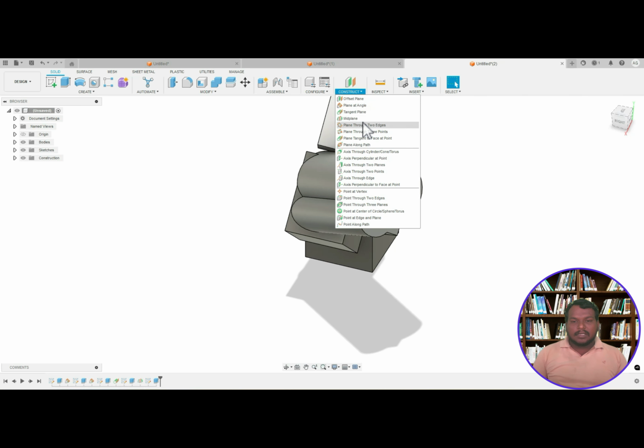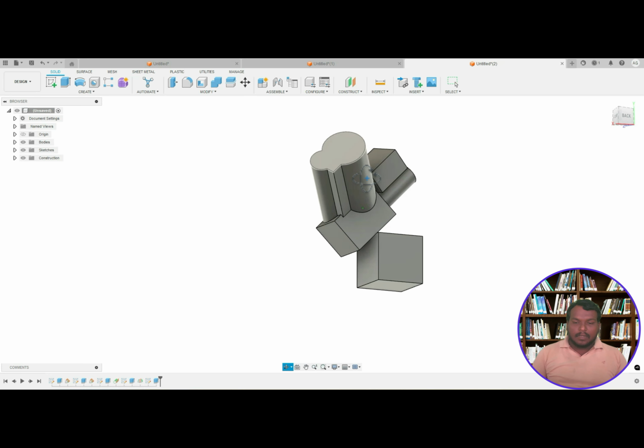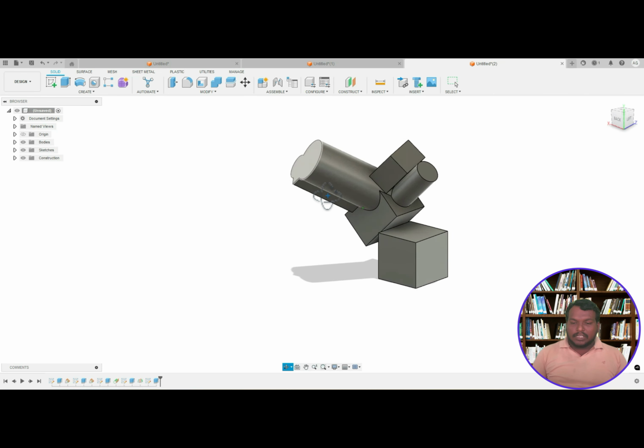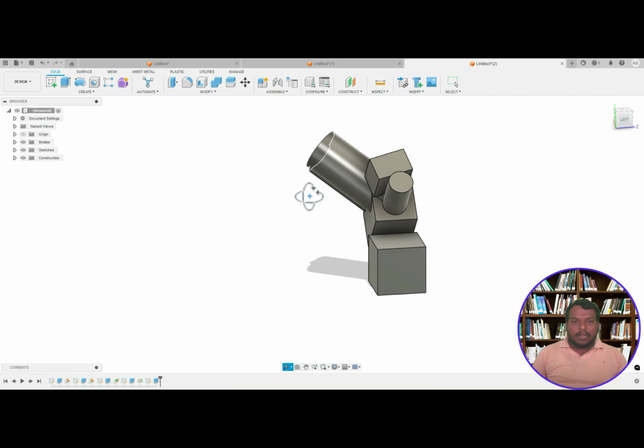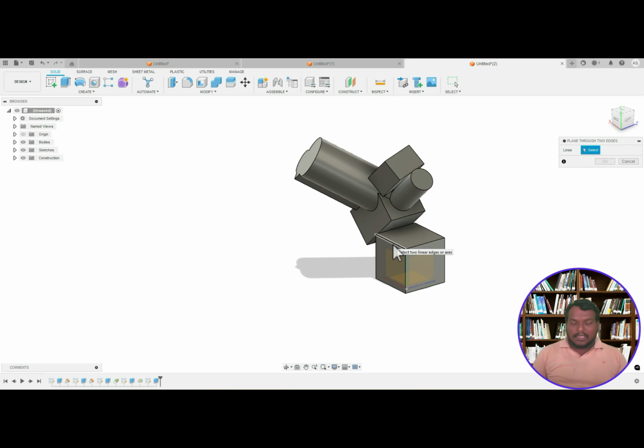Okay, next. What is the next? Plane through two edges. This creates a construction plane passing through two linear edges or axes. So linear means the same. Okay, we'll see that. I'm selecting two, this one and this one. Okay, I'm going to plane. I'm selecting this edge. Okay, construction